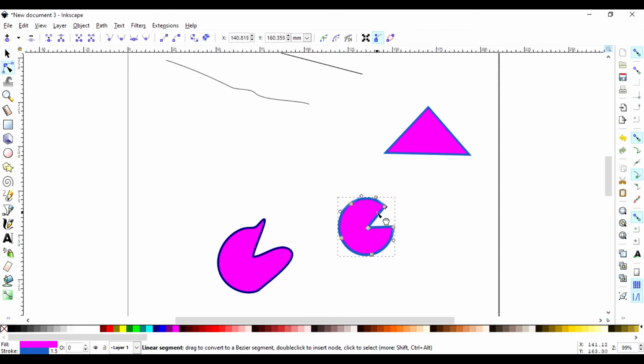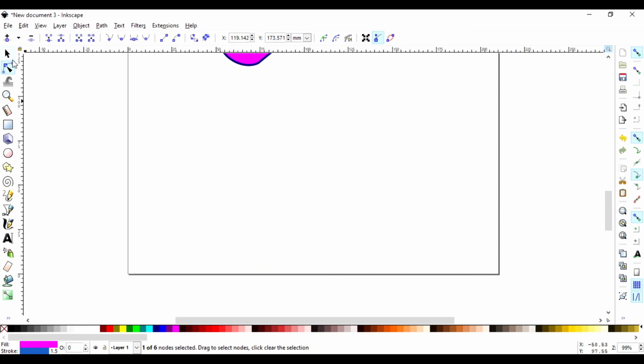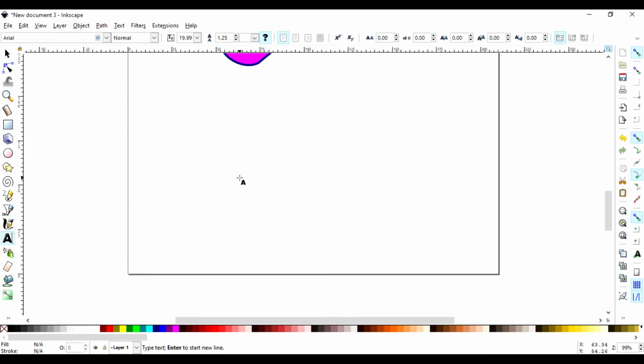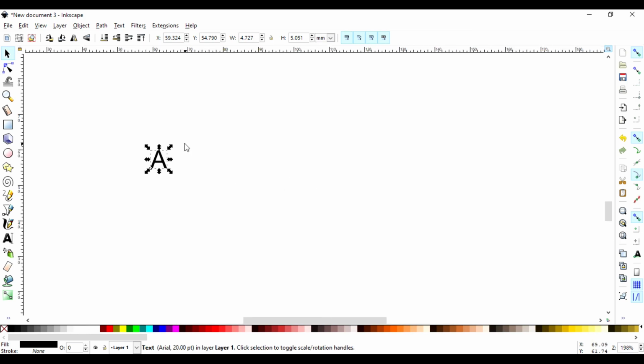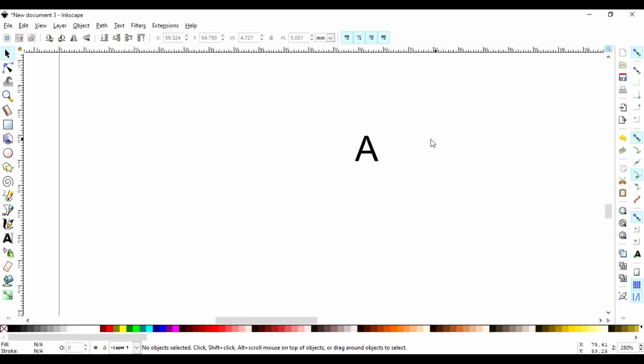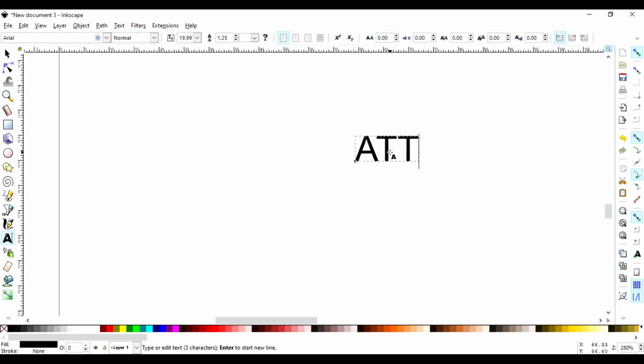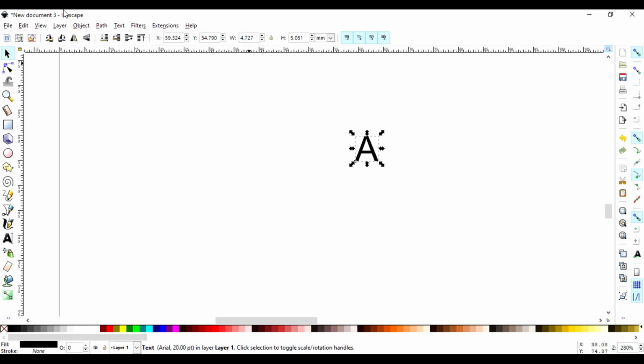I already converted this. If I convert this to a path, you see I now have more freedom to play around with the shape. Let's say I have a text here, a capital A. The way it is, it is an object, so if I double click, I need to zoom in a little bit. If I double click here, the option I have is for editing the text. But if I convert this object to a path,